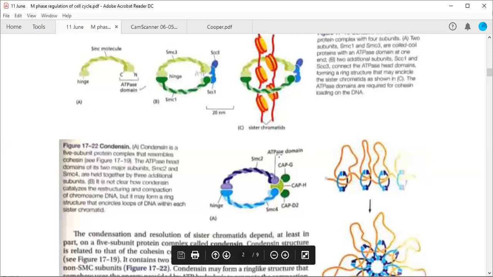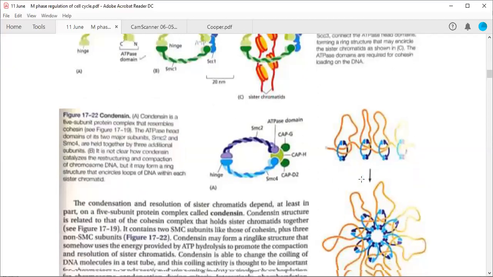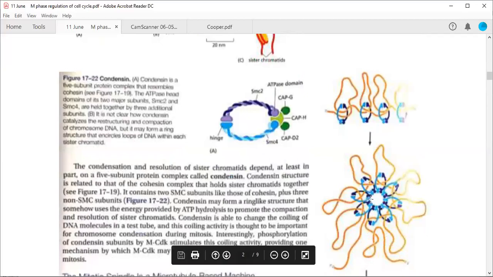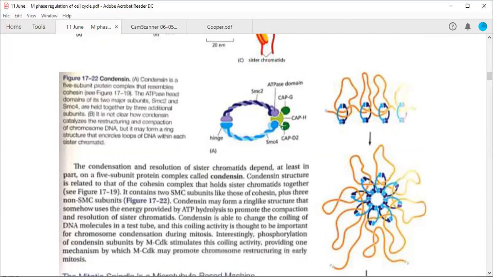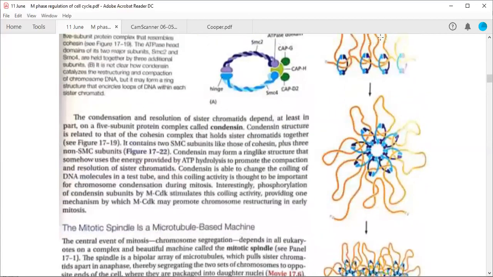Okay, Shreya? Okay, fine. So it also has an ATPase domain, and this ATPase domain is bound by 3 proteins, and this seal is made up of cap H, and cap H and the 2 sides are also joined by cap G and D2. Now there are 5 proteins which are making this particular ring, and this ring is holding your DNA, compacting your chromosomes many times. This is the simple structure, and when there are long runs of DNA, they are making another ring-like structure by arranging their head-like structures in ring form,